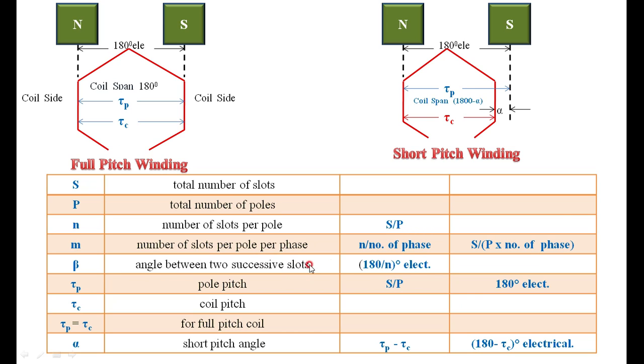I will take an example and I will clarify this. The angle between the two successive slots can be calculated as 180 by N electrical. Then tau P, I told you, is the pole pitch. Tau C is called the coil pitch. If tau P and tau C are equal, then it is called a full pitch winding. If alpha is there, it is a short pitch winding, in that case the